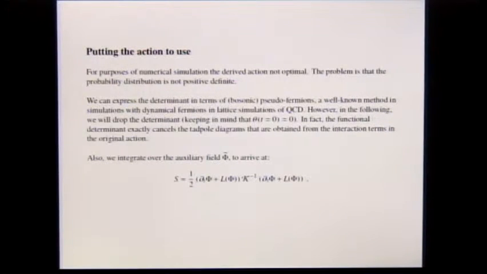It was nice to see the symmetries, but we introduced 3 additional field degrees of freedom, in particular Grassmann-valued fields. How could you possibly simulate that on a computer? Well, in fact, the Grassmann-valuedness is not really a problem, but the problem was that this particular action that I wrote down does not lead to a positive definite probability measure.